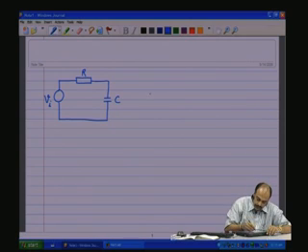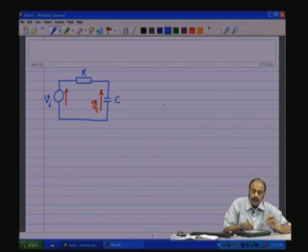This circuit has a state variable which is Vc, and it has only one energy storing element, that is the capacitance, and therefore only one state variable Vc, and therefore only one differential equation describing the circuit, and that is